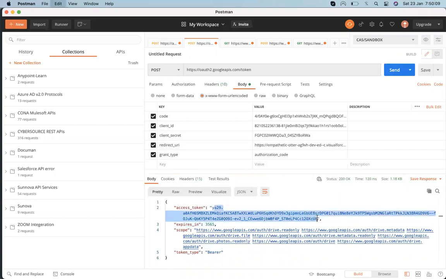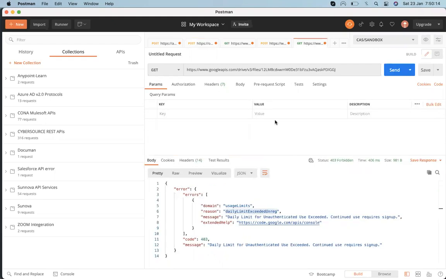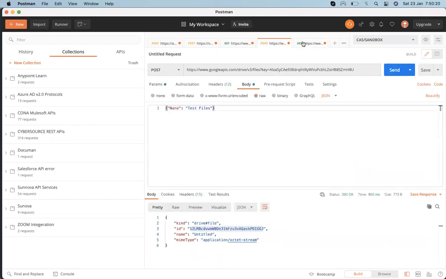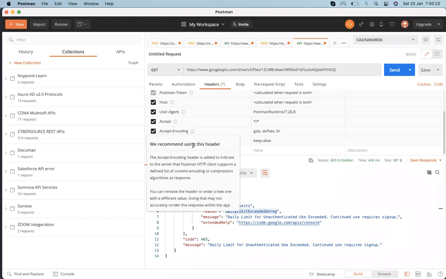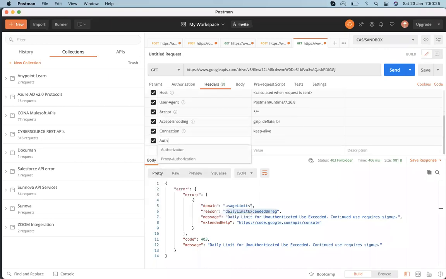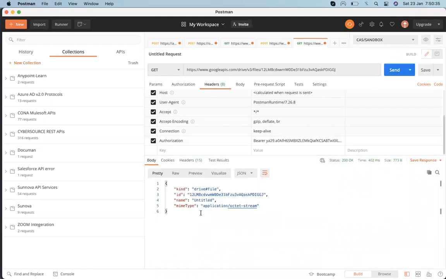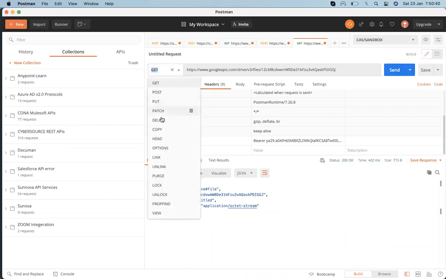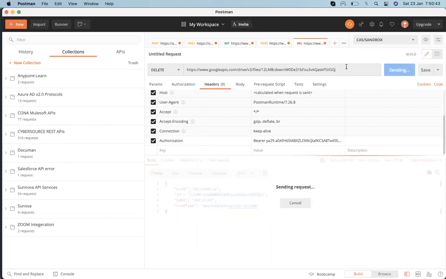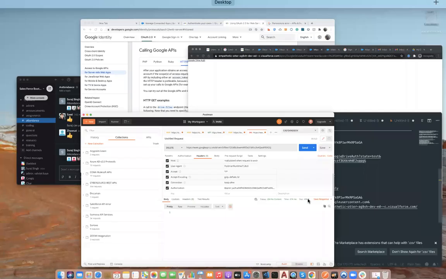Now let's see if it works or not. I'm still getting the error or not. Oh, sorry, it's a get. I need to delete that file now. Put the delete method, send. Yeah, it's deleted.